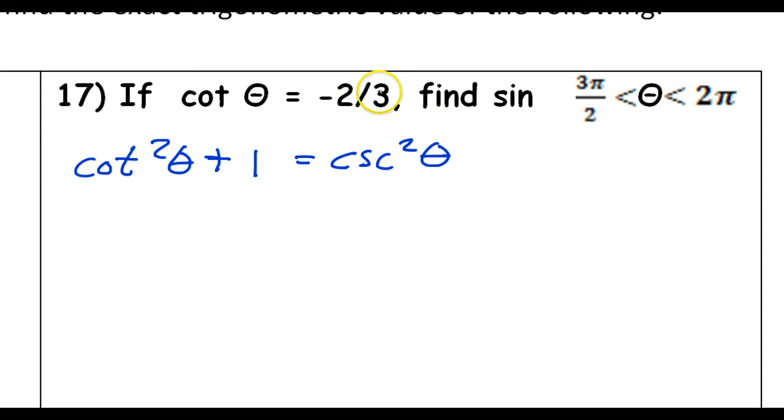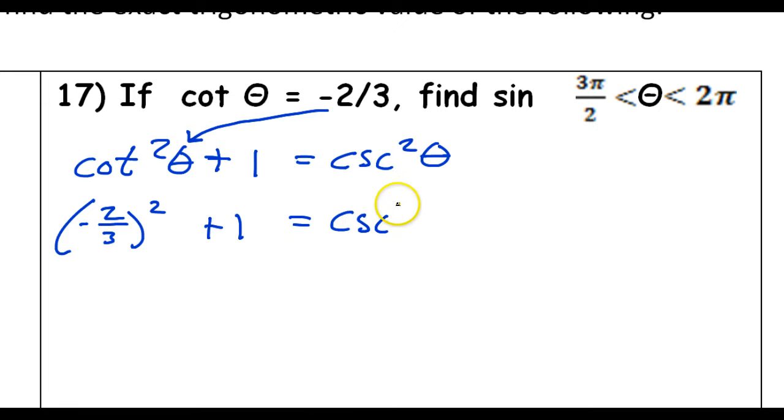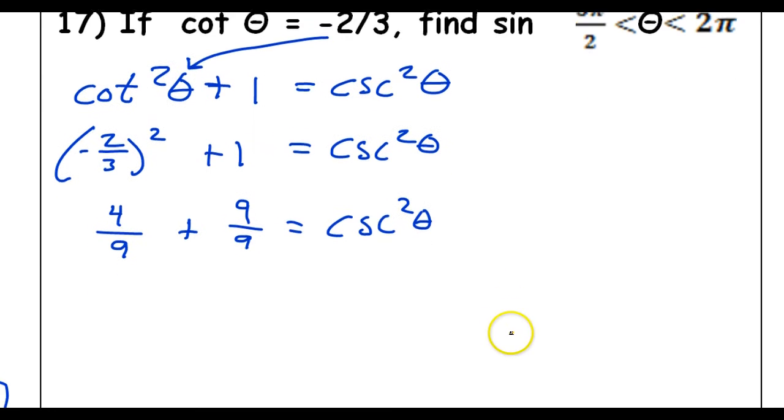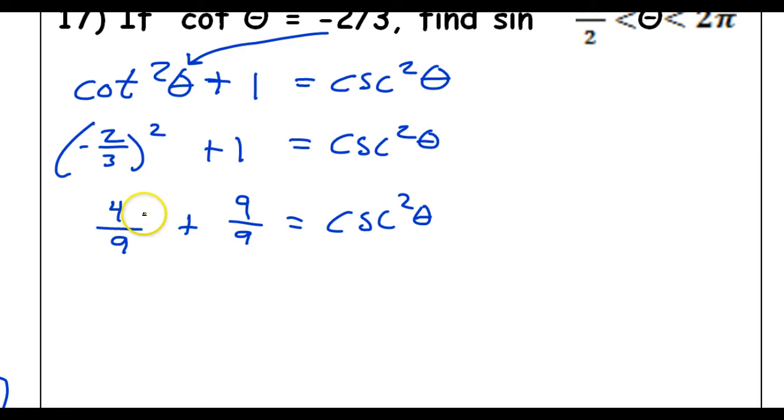Now, let's go ahead and put our cotangent value in there. So that's going to give us negative 2/3 squared plus 1 is equal to the cosecant squared theta. So that's going to give us positive 4/9 plus 1. Now I can write 1 as 9/9 if I want to, or I could just use a calculator if I'm not on this level. But looking at it this way, 4 plus 9 is 13. So this is going to be 13/9